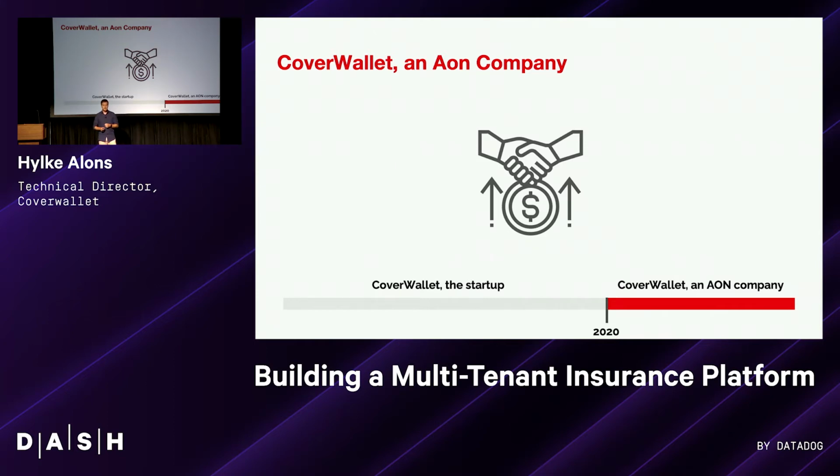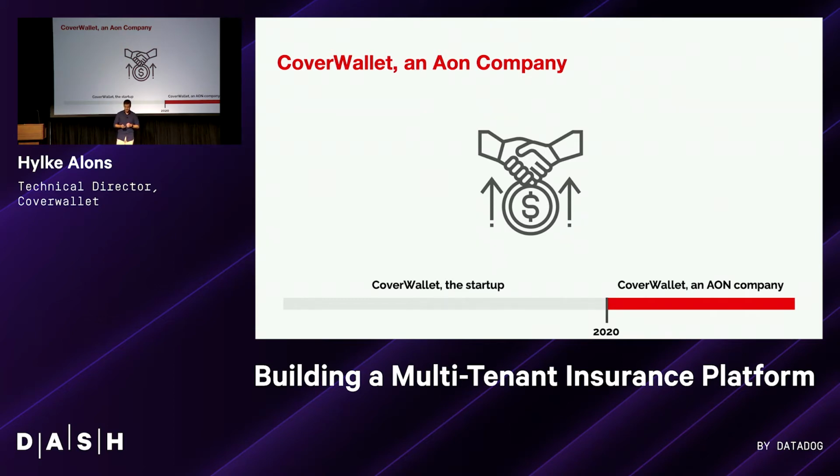CoverWallet an Aon Company. So Aon really wants to invest in digitizing the whole sector. Basically, the whole insurance industry needs to be digitalized, and given the growth that CoverWallet had seen, we went to Australia. I remember they acquired the company in 2020, and the idea of this acquisition was to bring this digitalization globally, because Aon is a huge insurance company. They operate all around the world, and yeah, as you can imagine, going from the startup to an enterprise,